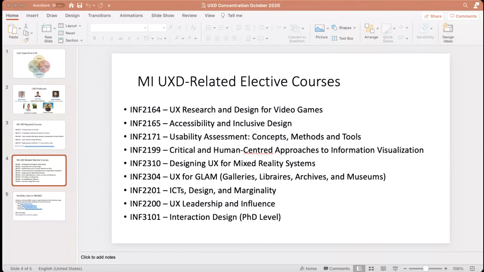Elective courses in our faculty are capped at 35 students, so there are more limitations to some extent for elective courses, but we have a whole range of courses: video game, UX research, accessibility, inclusive design, usability assessment, information visualization and human-centered approaches, UX for mixed reality, and UX for GLAM, which is the elective that I teach, which is UX for gallery, library, archives, and museums.